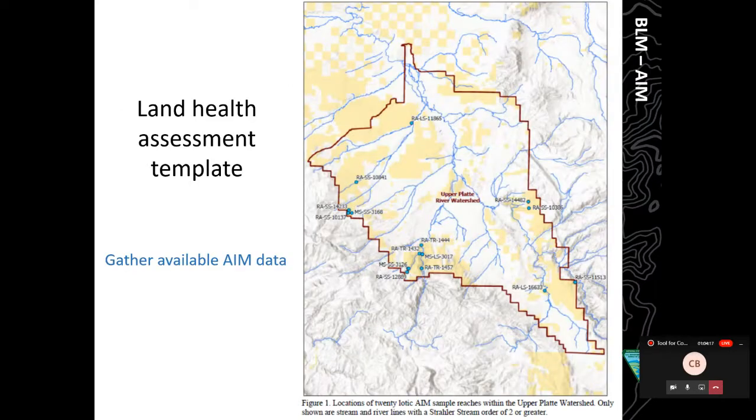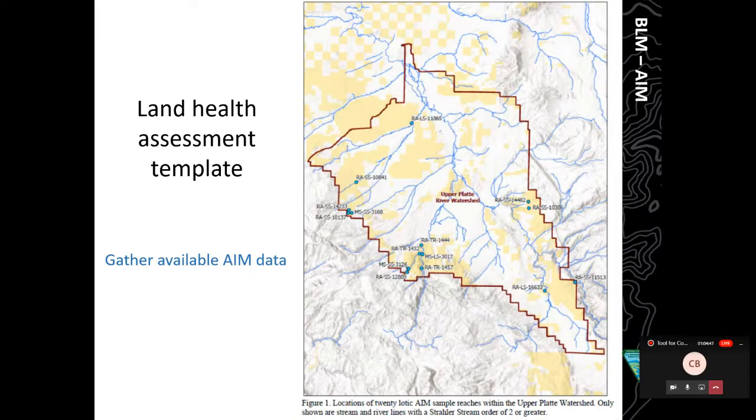The next thing, as we go through the steps that the Tech Note proposes, is that the first step in any assessment is gathering available data. What data is available and what data is relevant to the standards that you're going to be assessing? As a lot of you know, we're developing AIM data portals, which are ArcGIS Online type map interfaces that make it easy for people with a lot of GIS experience or who are new to GIS to get in there and see things spatially.